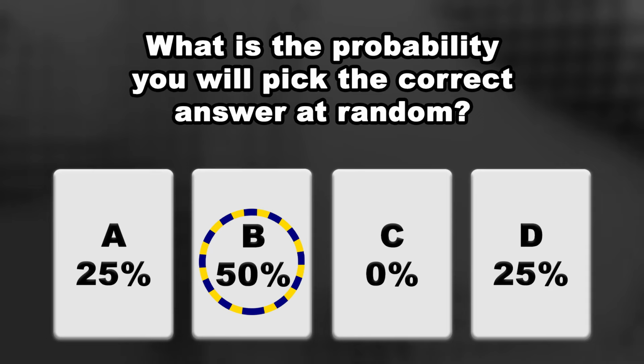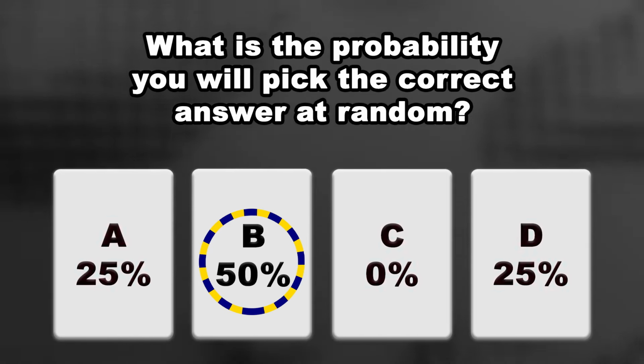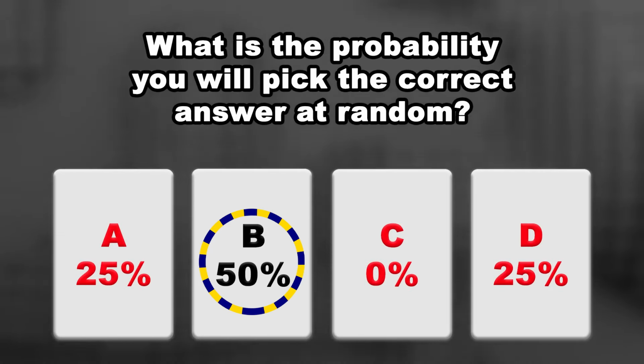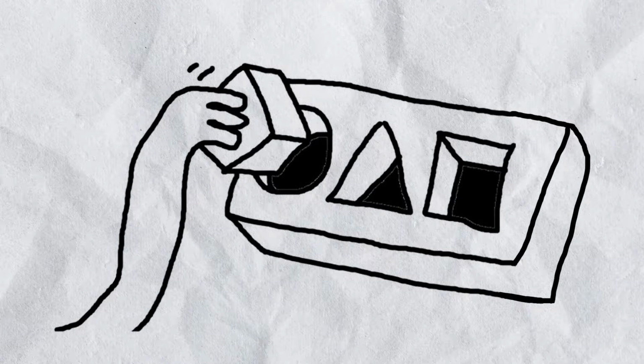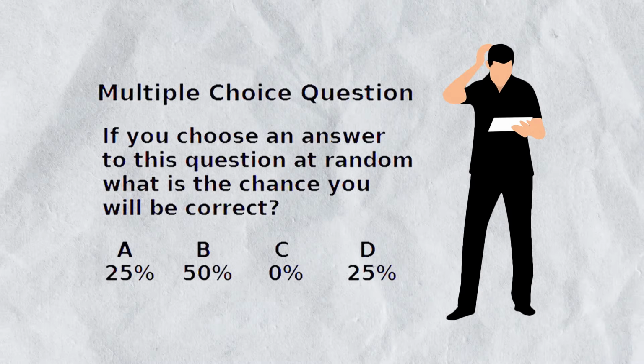And if you accept that and say it's 50% in this case, then option B becomes the correct answer. But B is only one option out of 4, which means the chance of picking it at random is actually 1 out of 4, or 25% again. So was this question poorly phrased? Or is the problem itself incoherent since the answers are conflicting?